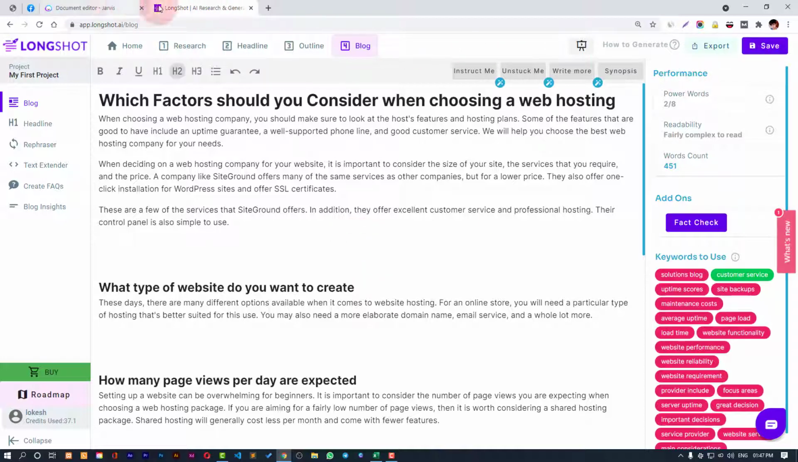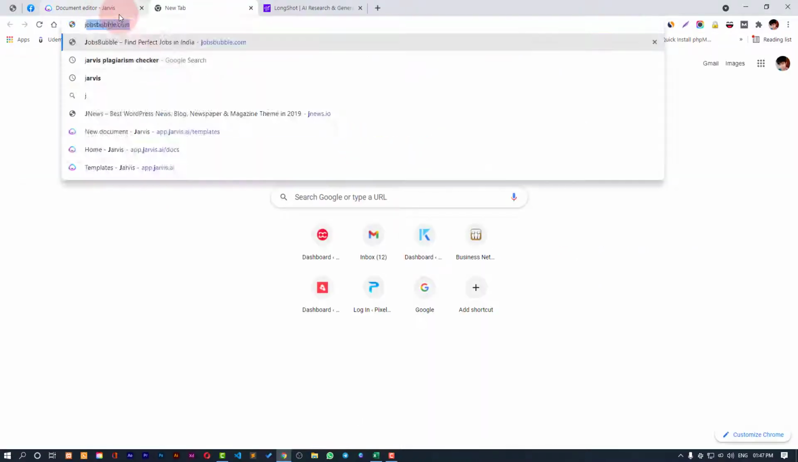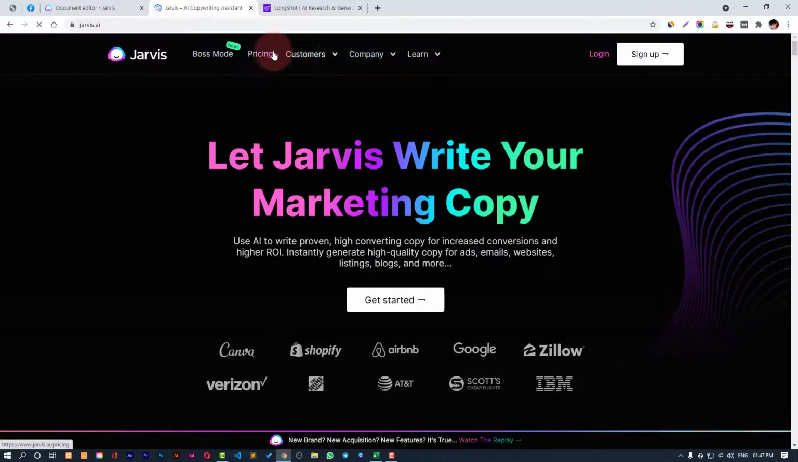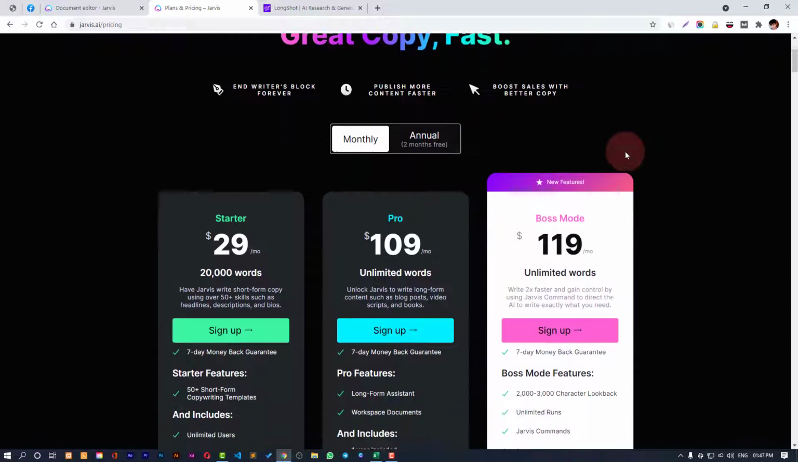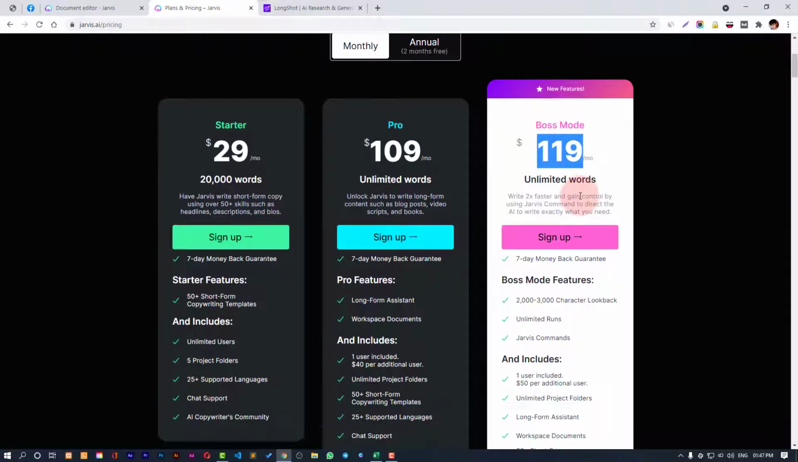So the best part about Longshot is that it is a pocket friendly tool, because its cost is not as much as that of Jarvis. With Jarvis you have to pay like $99, yeah, like its starter plan is $29 and pro plan is $109 and boss mode is $119 and